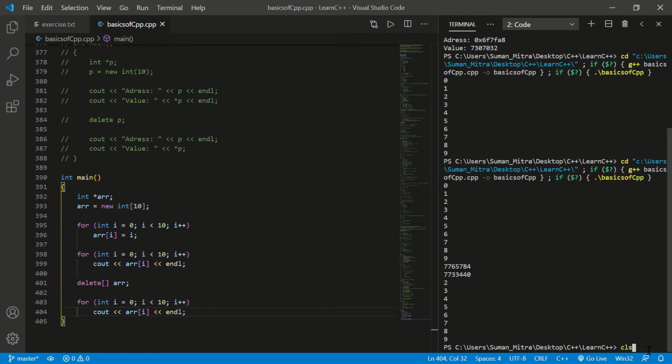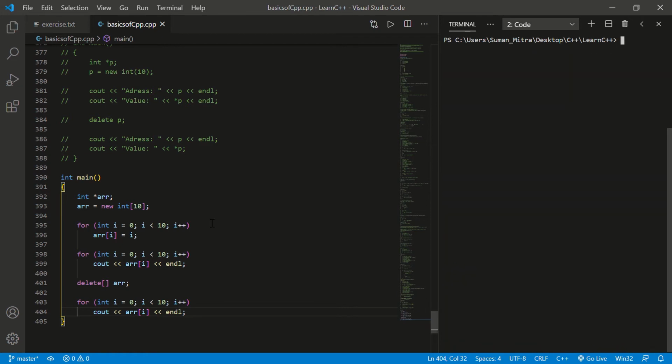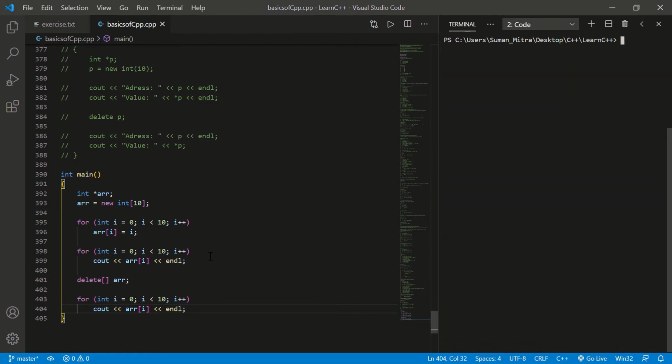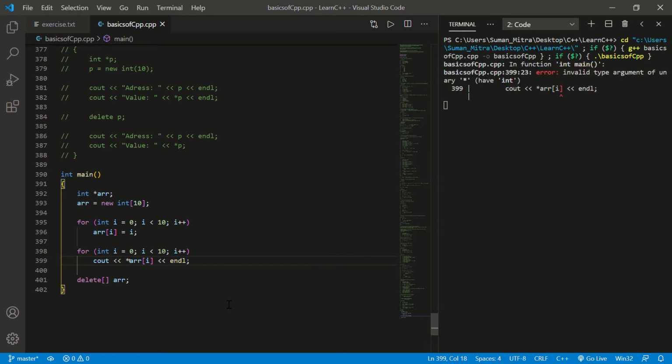That's why I want to make clear about new and delete. I hope you understood what delete and new int means. So there is one more thing you can do with pointers. Before deleting, let's just delete this, and you can just, okay, let me use a pointer sign and just run it, asterisk sign, sorry. Okay, array have int, see your error,